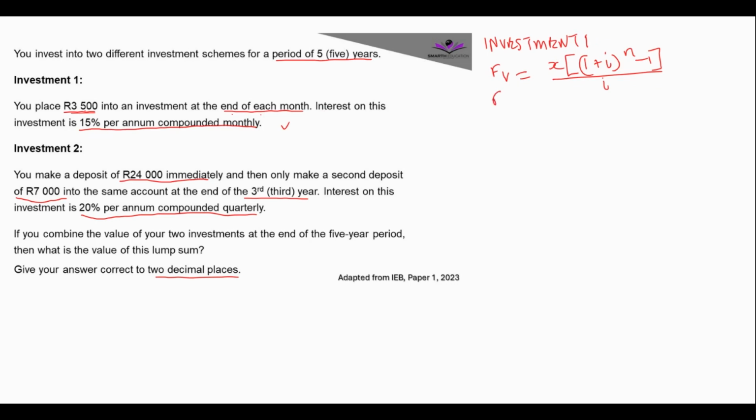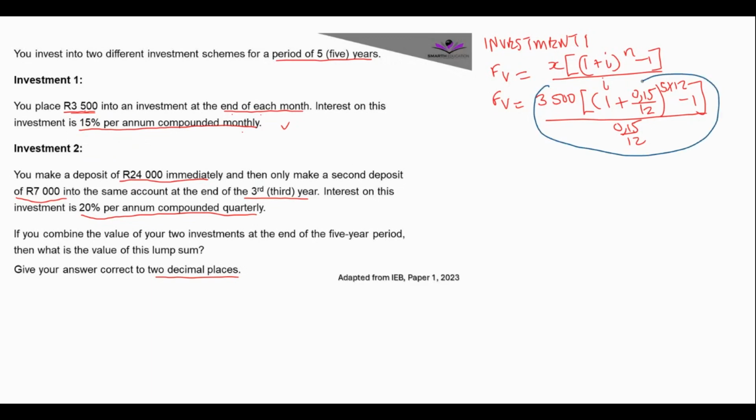Okay, let's substitute what we have, which is 3,500, and then 1 plus our i will be 0.15, or you can use 15% as it is, divided by 12 because it's compounded monthly. And then 5 times 12 minus 1, or you can just write 60 there. All this over 0.15 divided by 12. This is fine. After substituting, you can put this whole thing into your calculator as it is, and then you must get your future value,